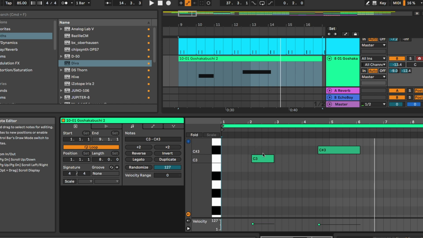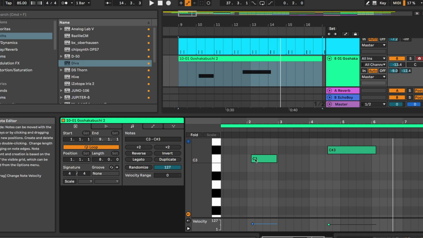You'll notice it's not on the grid. It's evidently been played in. They've just felt it, and it sounds completely right to me. But it's the sort of thing I probably would have stuck on the grid. Another lesson there, I feel like.